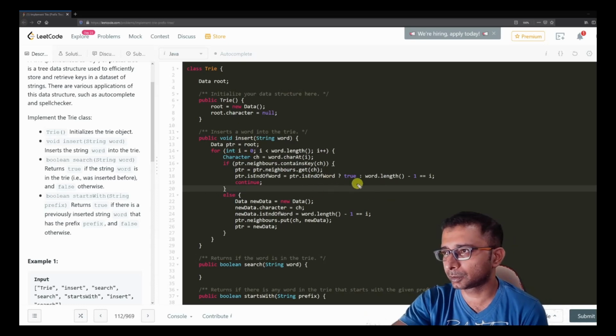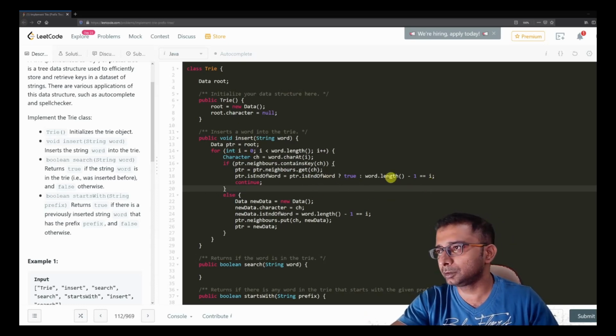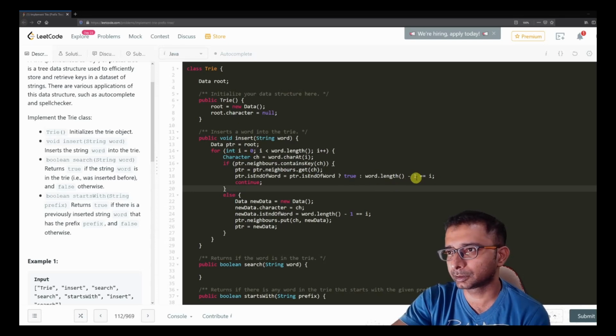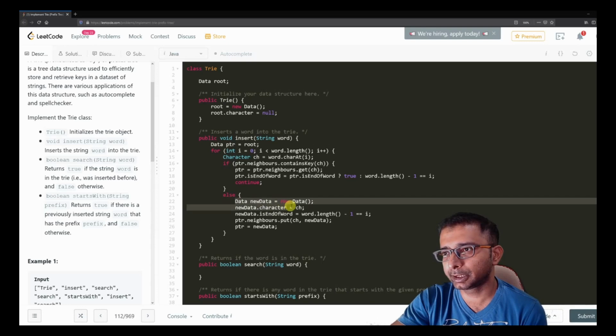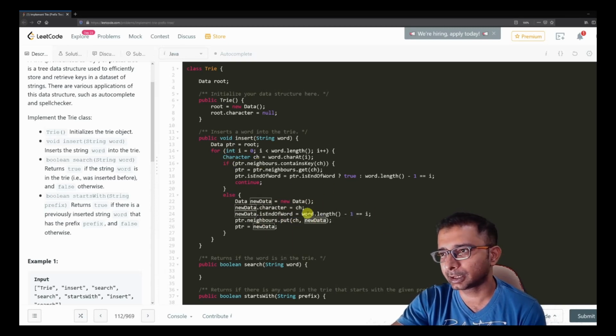So if true, we are not going to do anything with it. Otherwise, we are going to check if it is the last character of the word, and we are going to deal with it. Otherwise, if the character is not found on the map, we are going to create this new node, the trie node, and we are going to put the neighbors into PTRs, right? Because there was no child with CH, so now there will be a child with CH. And again, the same logic applies. As this is a newly created node, I am just checking that if it is true, I am putting it, otherwise no, right? And we are going to increment the PTR. We will set the PTR to the newly created node in this case, right?